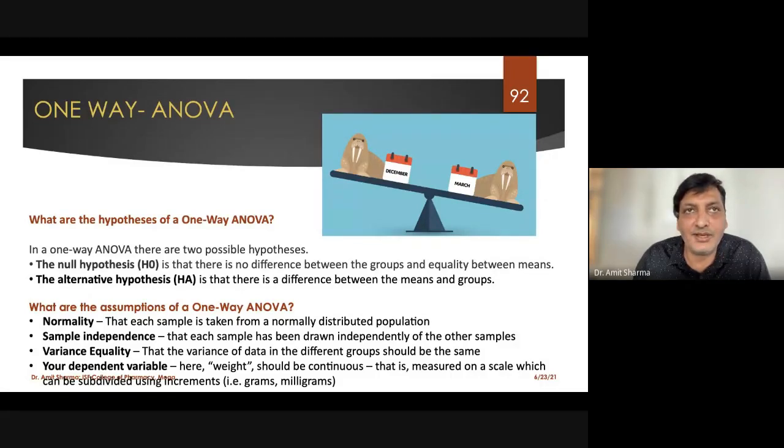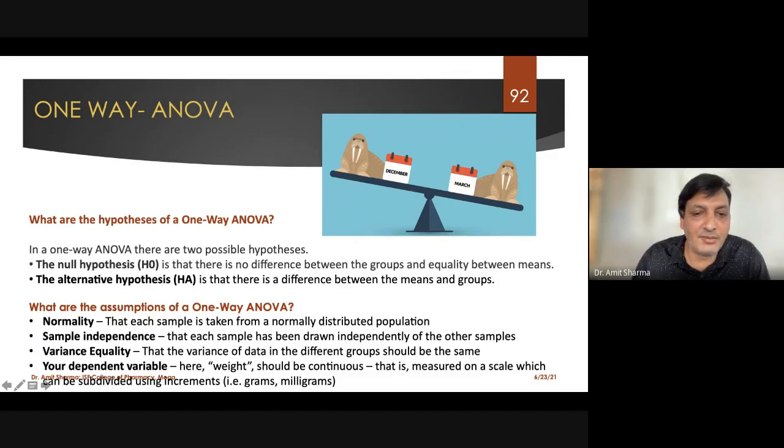Like we have seen Levene's test in case of the independent t-test. In a similar way, we are going to get a result of the test for homogeneity, which will let us know whether we were eligible for ANOVA or not. That means whether we have equal variance in all the 3 groups or not, whether the atmosphere was similar for all the 3 groups or not. So that we can see. Like I have written here, variance equality we can find out, and that should be the same for all the groups, otherwise we cannot apply the test.